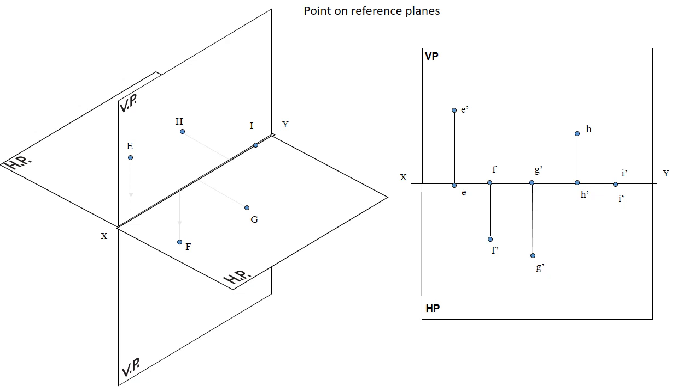I lies on the XY line. That's why both the front view and top view come on the XY line. The main basic concept here is that we have to rotate the horizontal plane clockwise by 90 degrees, then we get the projections. We saw all the cases of projection of a point. Now we start with some examples.